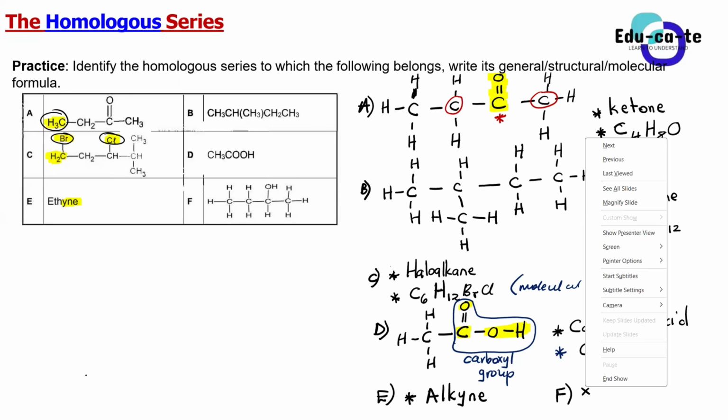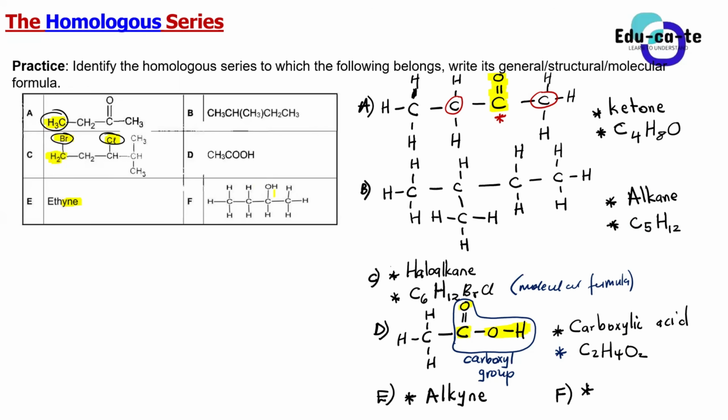When you look at compound F, guys, it is the one that we did. When you look at compound F carefully, the functional group there is the OH. Can you guys all see the OH there? Yes, so that's an alcohol. Okay, now I want to give you a follow-up question, Sam. What type of alcohol is F?